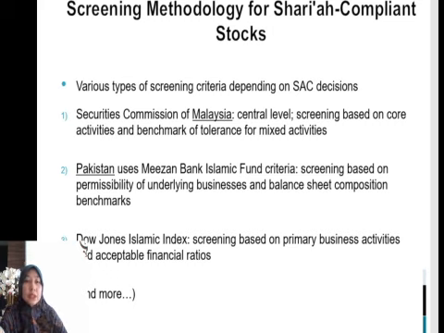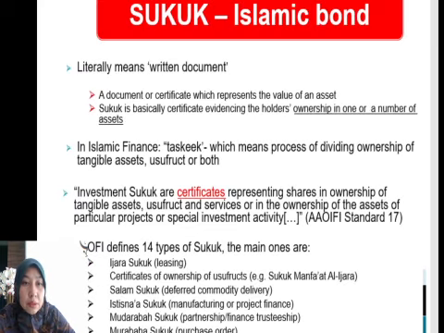But in case the investment activities consist of mixed activities, like hotel businesses, part of it is providing accommodation to customers. They also have an alcohol business. Usually a big hotel has a bar that sells liquor, meaning it is a mixed activity between halal and haram. So the SC in this case has provided a screening percentage for this investment. Maybe in other topics I will discuss in detail the screening process.